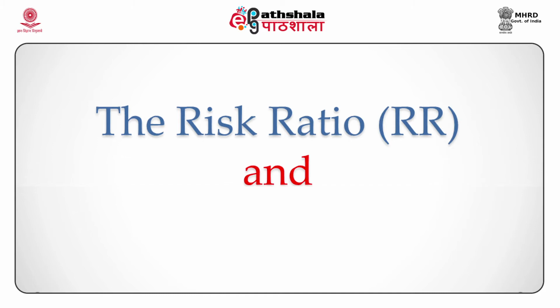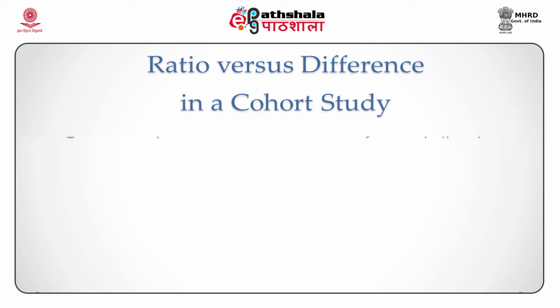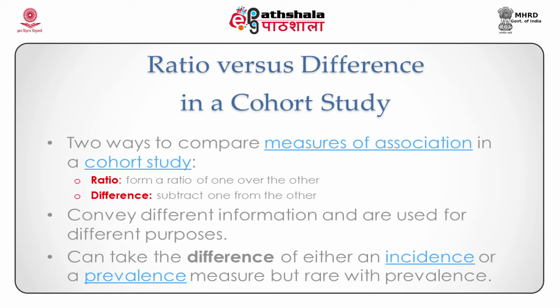The risk ratio, or RR, and the risk difference, RD. Let us first look at the concept of ratio versus difference, assuming that we have data from a cohort study. When I say cohort study, I mean the most common and recommended study design in epidemiology, which is that we start with two cohorts, one of which is exposed to a particular exposure of interest, so say this cohort smokes, and the other does not smoke. So the idea is that we have a binary exposure, we have individuals who are all disease-free at the onset of the study, and we're going to follow them up over time to see how many of them develop the